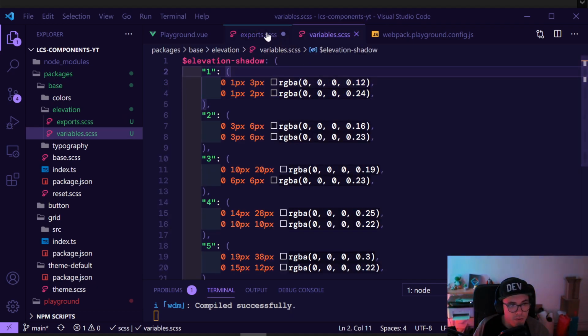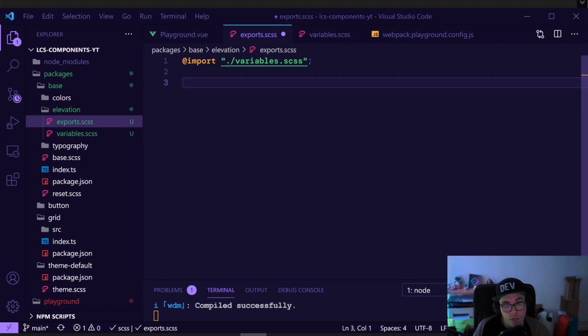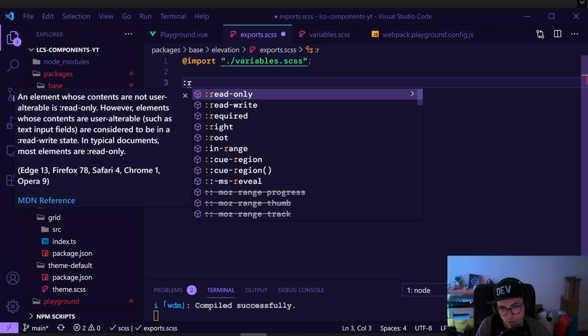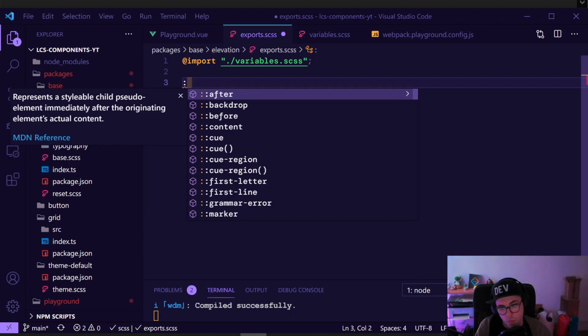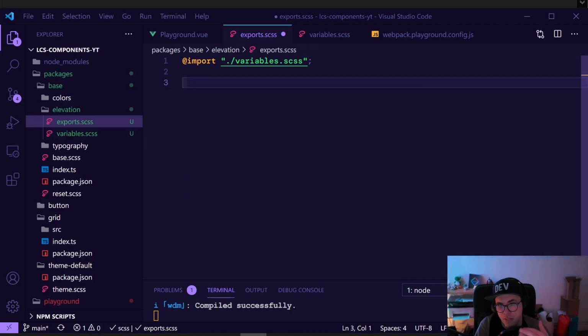Don't forget to save this file. So we now have it here. And now we want to export these classes, these variables, right? Or maybe let's start with the actual implementation. So what we want to do is like there is this